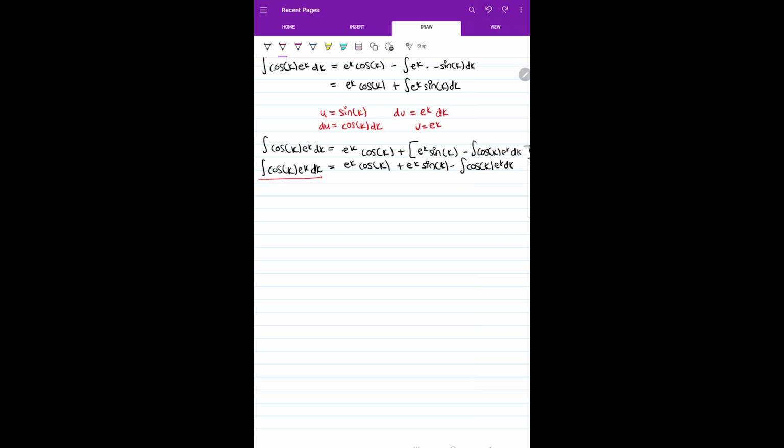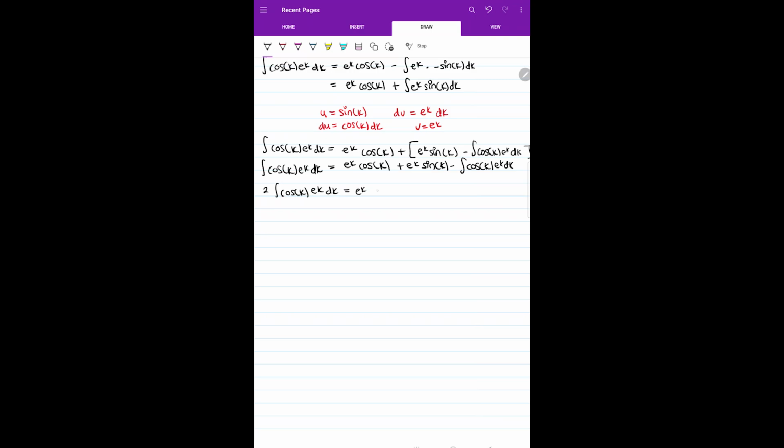So what does that mean? That means that I can add them to both sides, and what would that give me? 2 of the same integral. I added the same thing to here, so I get 2 of them,